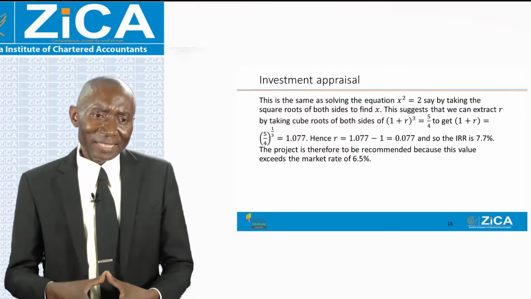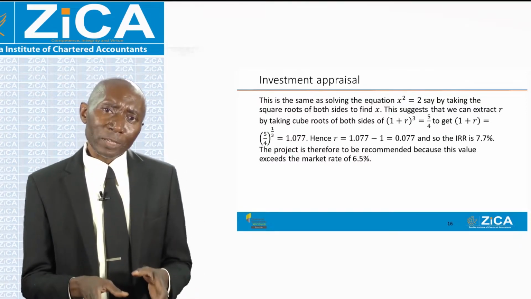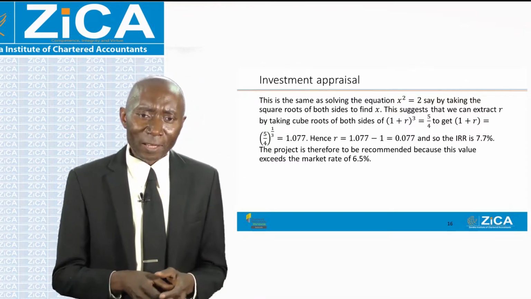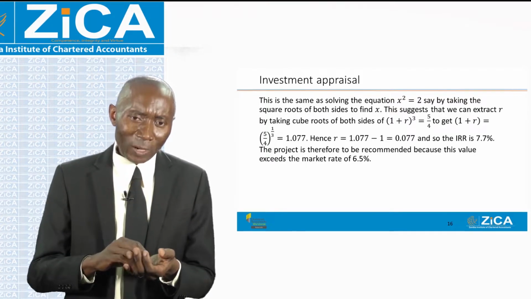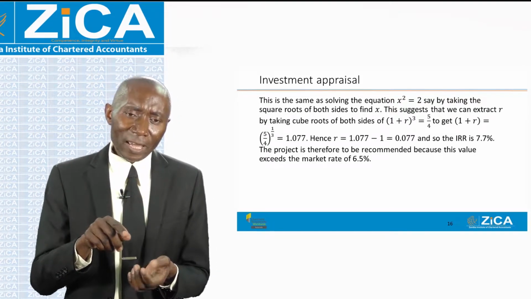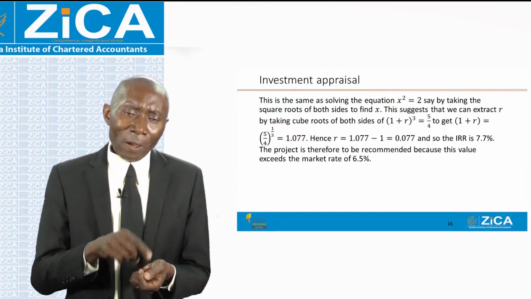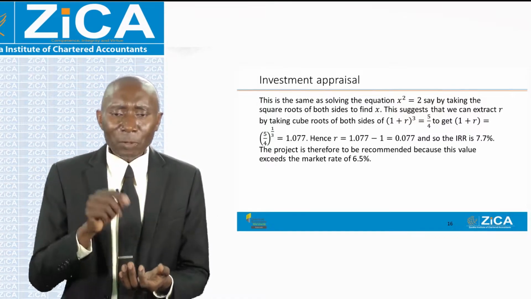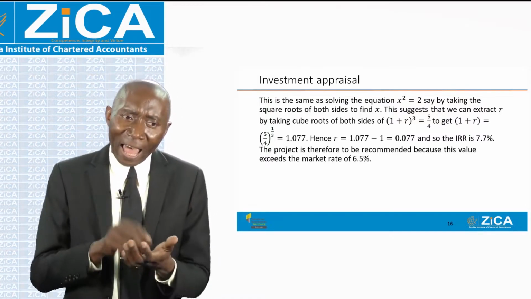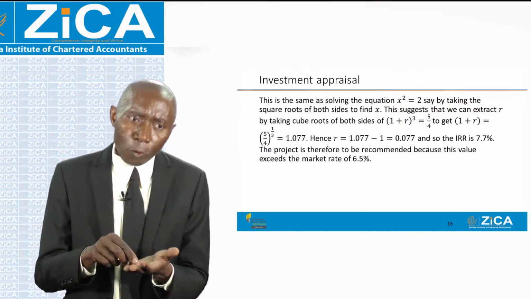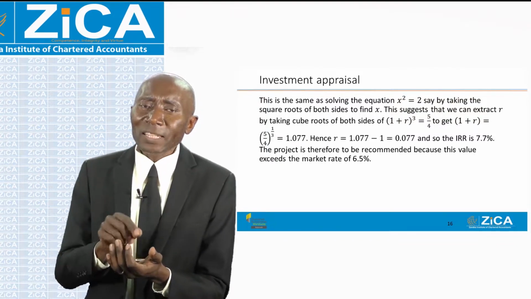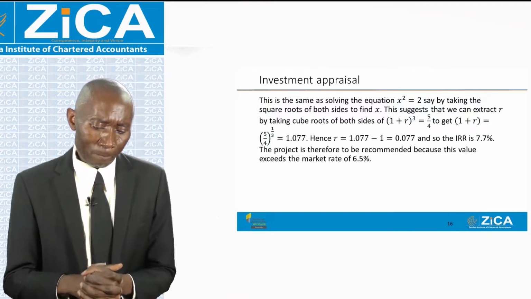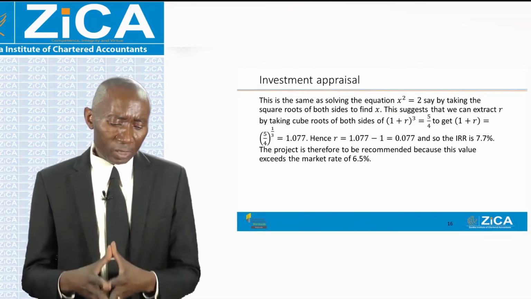Again, my students, it's very important. These things are not complicated. Use a calculator. The calculator will help you to get that value. On the calculator, there is the radical, the root to the power x. Where there is that x, put 3. It will give you the cube root. Some calculators have the cube root. Others don't have the cube root, but they have the radical to the power x. Where there is that x, put a 3, and it will give you the cube root. In our case, we got 1.07. So we make R the subject, and it will give us